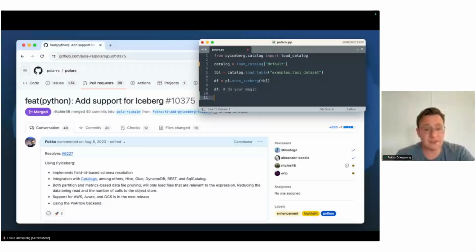But in Polars, you can do some steps on the data, how you want to process it, which columns you want to select. And once you hit an action, for example, you pull everything into memory, then it will push the predicate up to PyIceberg. PyIceberg will evaluate the predicate against the Iceberg metadata and only return the data that's relevant for the query.